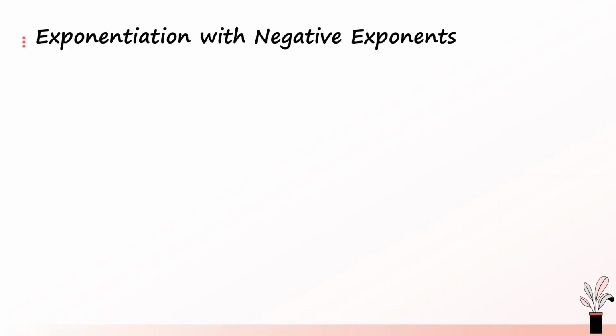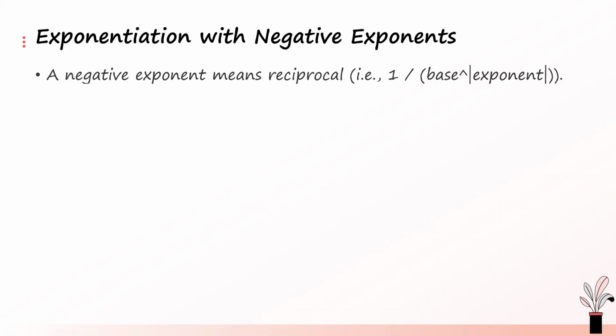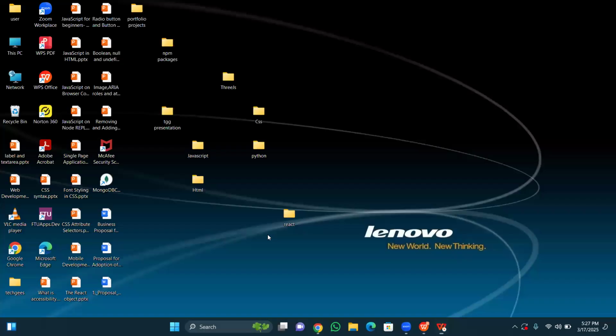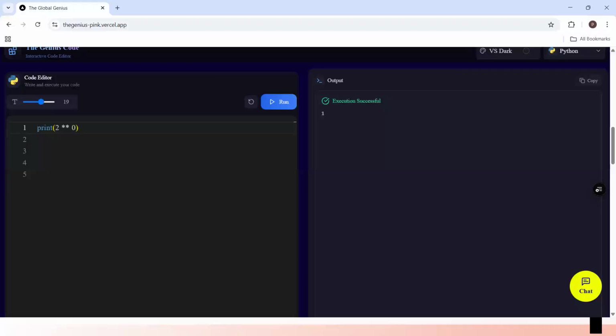You can also do exponential with negative numbers. A negative exponent means the reciprocal. So if you say 2 exponential minus 3, it will give you 1 divided by 2 raised to power 3. Anyway, all these things come from mathematics, and I believe you know them. So when you say 2 raised to power minus 3,